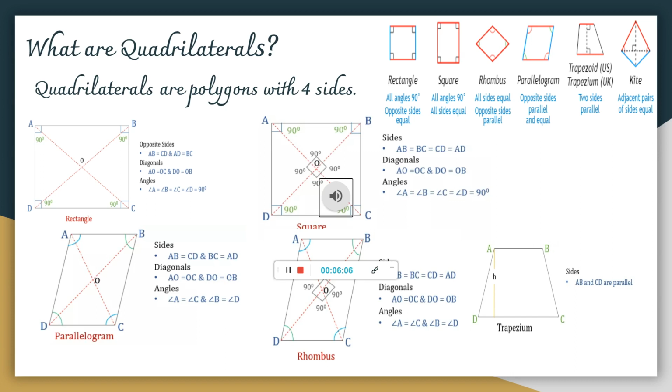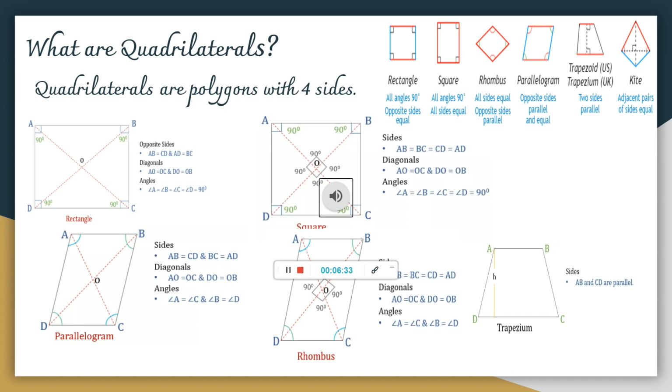Now in any quadrilateral, what are the things that we have in common? We have four sides. We have four vertices. We have four interior angles, right? These are things that all of them will have in common, isn't it? So all of them will have four sides, four angles, and four vertices, isn't it?